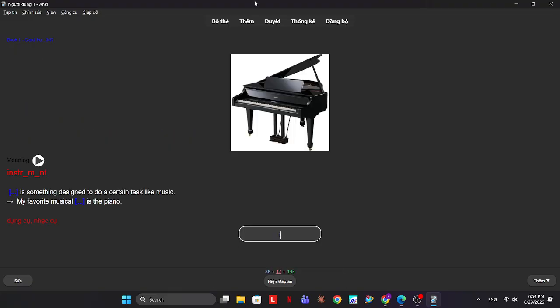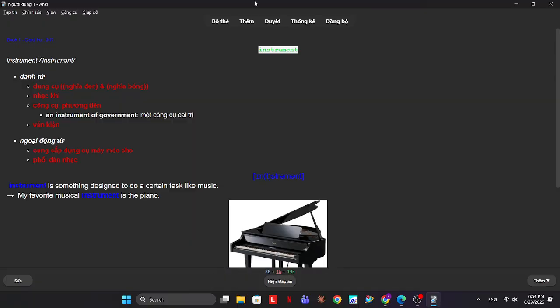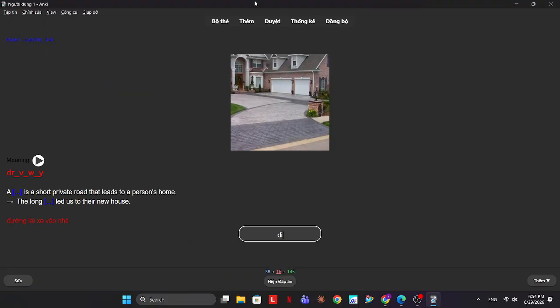An instrument is something designed to do a certain task, like music. Instrument. A driveway is a short private road that leads to a person's home.